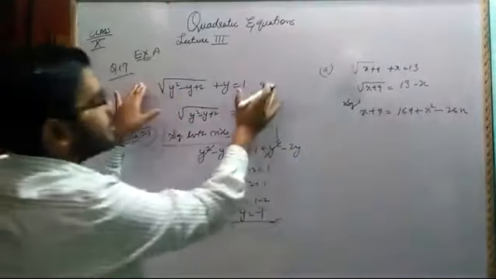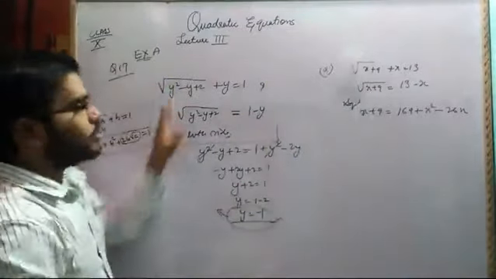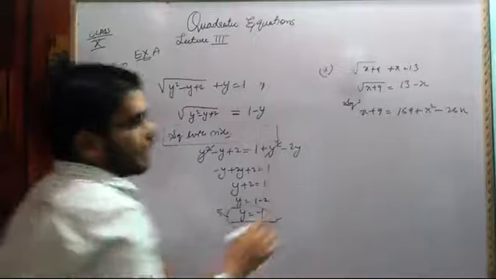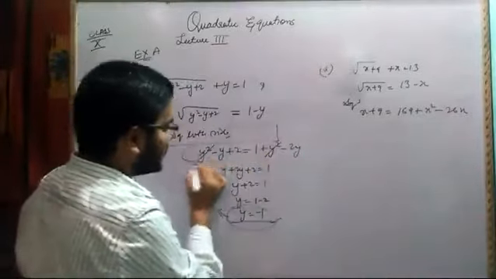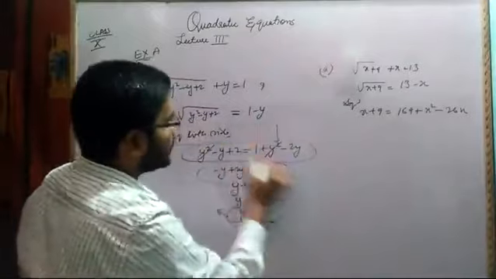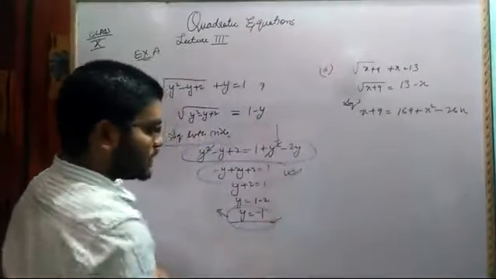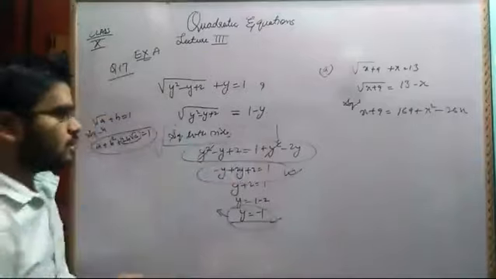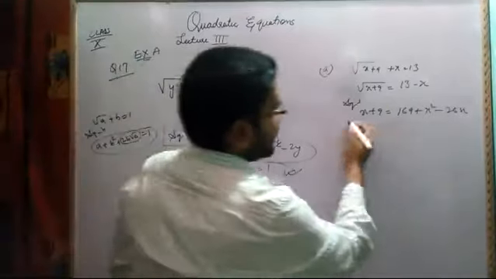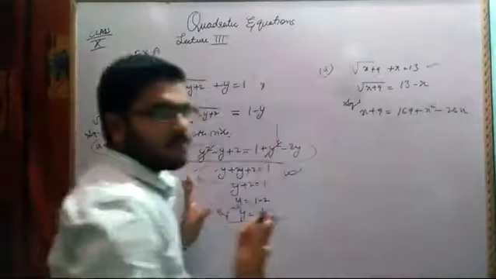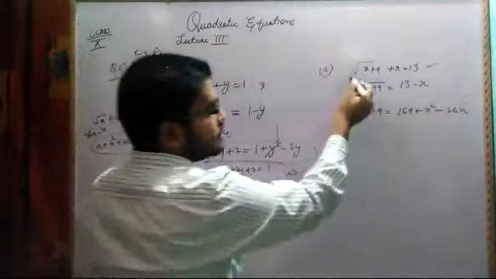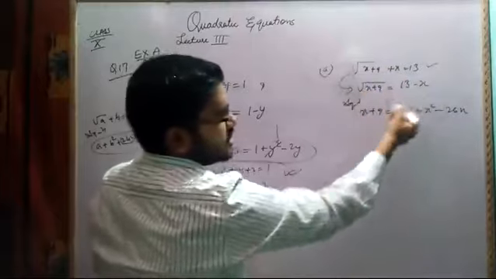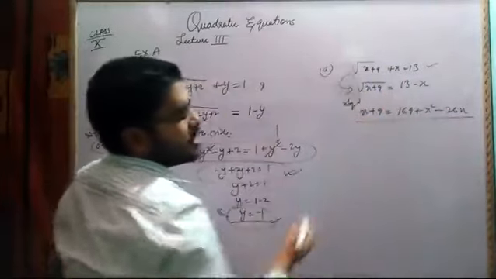Now this is not a quadratic equation. Anyway, it is a modified quadratic equation. Here we were not getting a quadratic equation, it became a linear equation. After doing the squaring, we got a linear equation. That is why we got only one solution. For sure it is not a quadratic equation, we are not having any power of 2. But after doing certain modifications, we came to a quadratic equation.